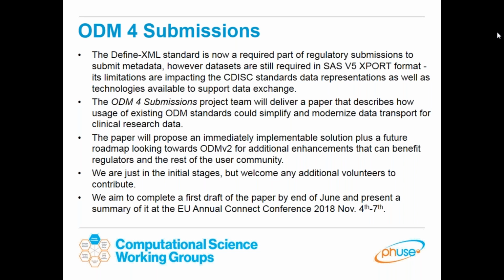So the idea is that we look ahead to ODM2 a bit and say, well, if we started with a stable ODM-based submission today, then moving forward there are new features coming along that could also be interesting, such as the specification for an API, moving beyond just XML to also support JSON and RDF, and a number of other new features that we're looking to add to ODM2. So how could we create a path forward? Those are the things that we're seeking to assess and examine in this project.